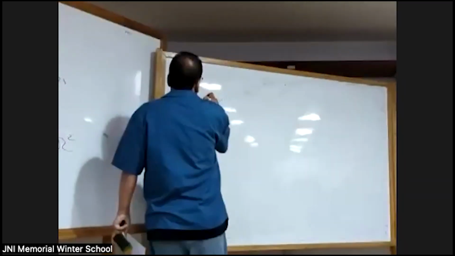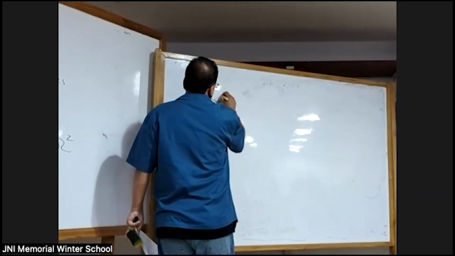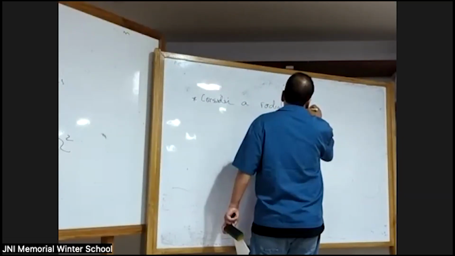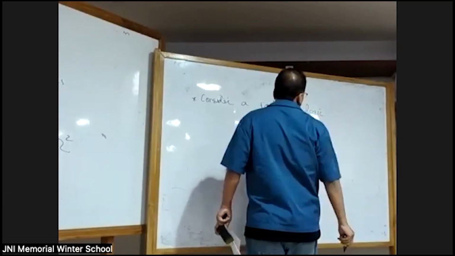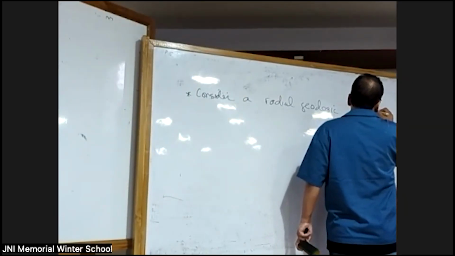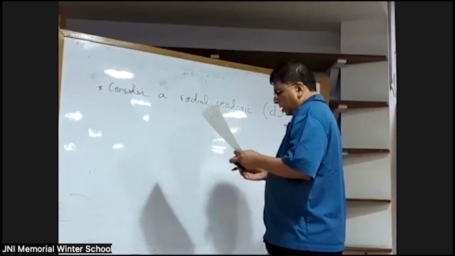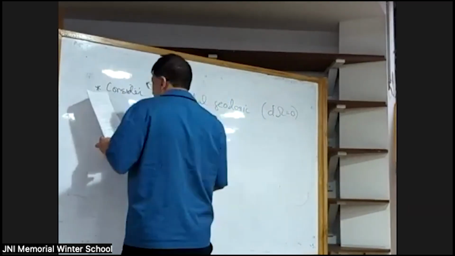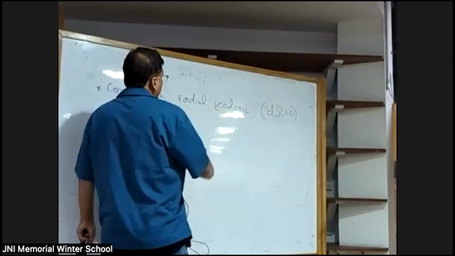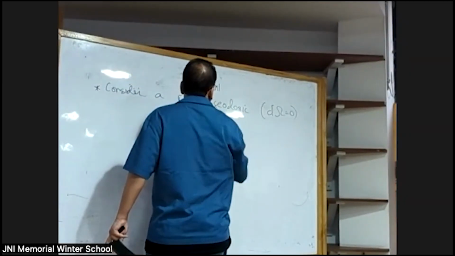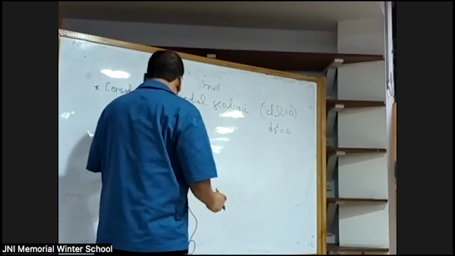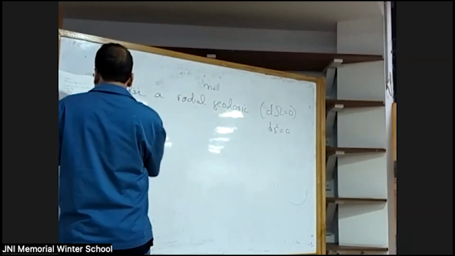So let's consider a radial geodesic. This means there's no angle change, so d omega is equal to 0. Let's say it's a null geodesic. So for a radial null geodesic, ds squared is also equal to 0. So that means we have 0 is equal to d